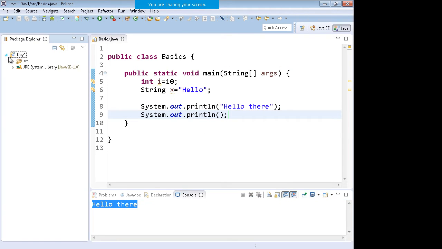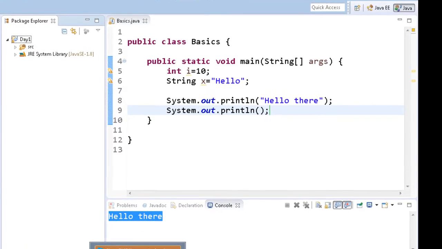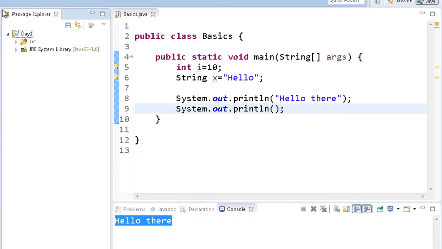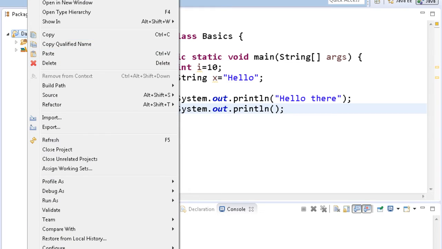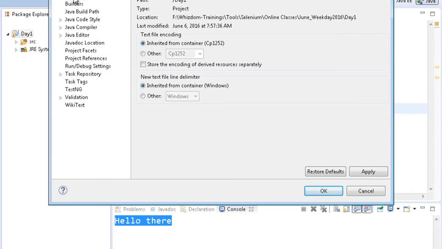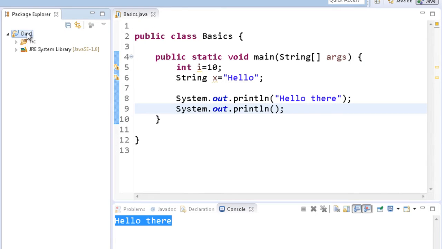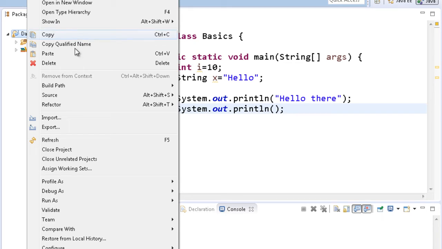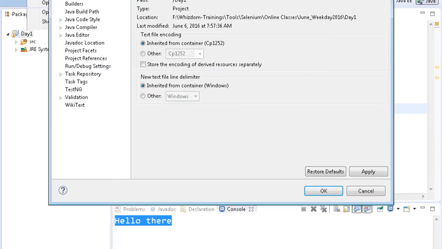Now if you right click on the project and go to the properties of the project, you will see all these options over here. When you right click on the project, you will see many options. We'll be using those. The properties option is also one important option. These are the project properties.